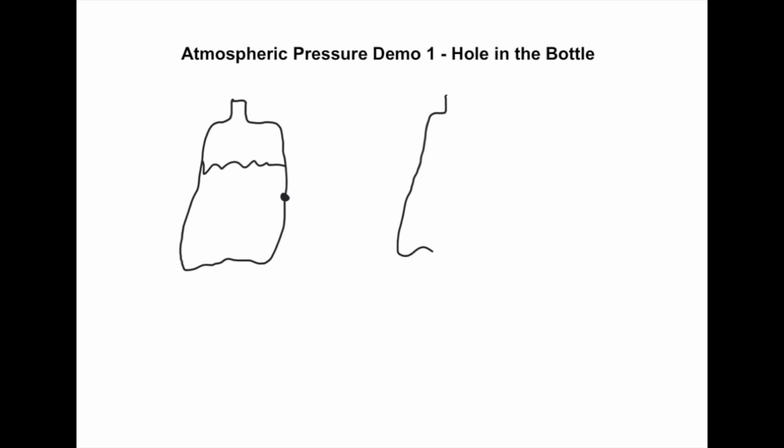If you take a 2-liter bottle, and please forgive my drawing capabilities here, and you fill it up to a certain level, and there's a cap on top of it, and you poke a hole in the side of it, you can try this at home, nothing will happen, even though there's a hole in the side of it. I usually use a push pin or something to do that. But if you take the cap off,